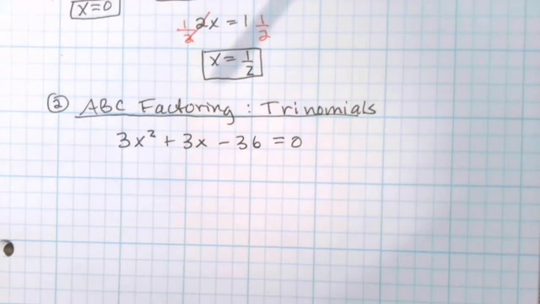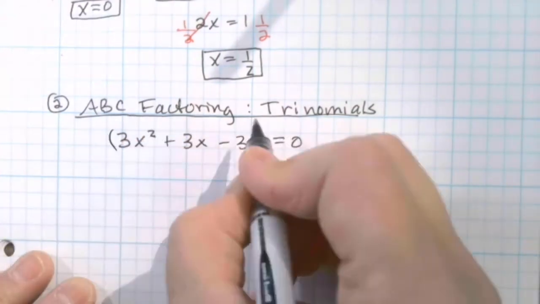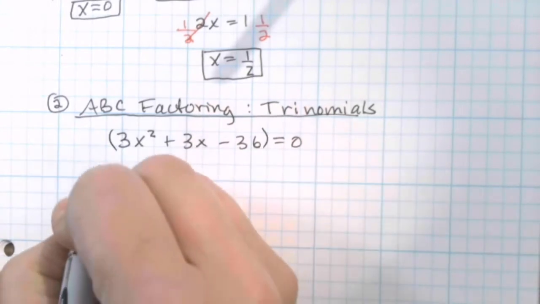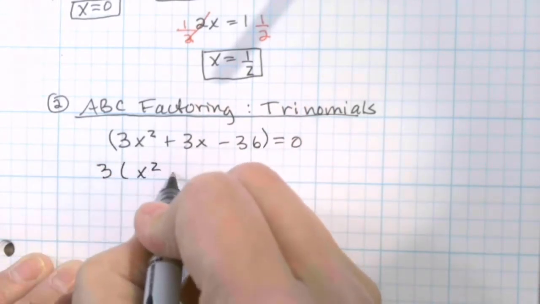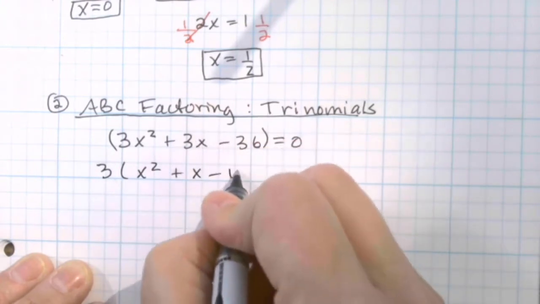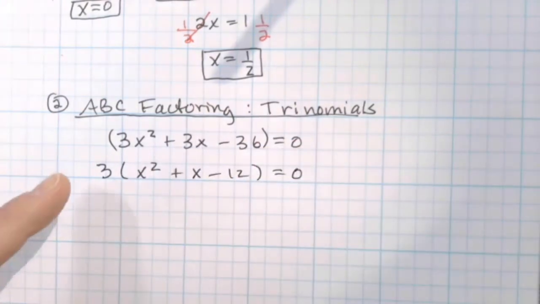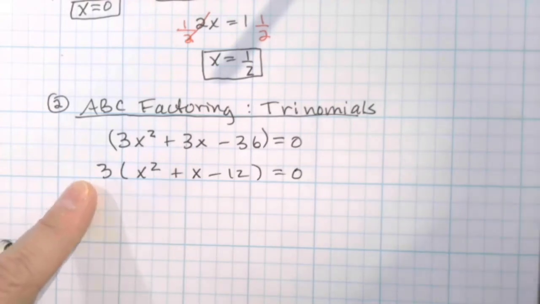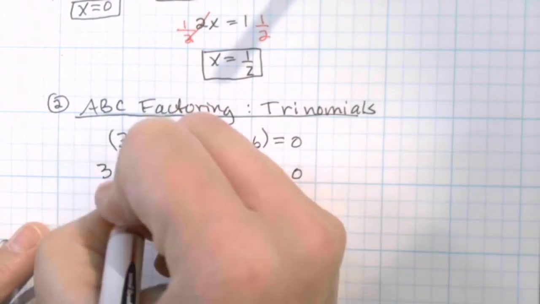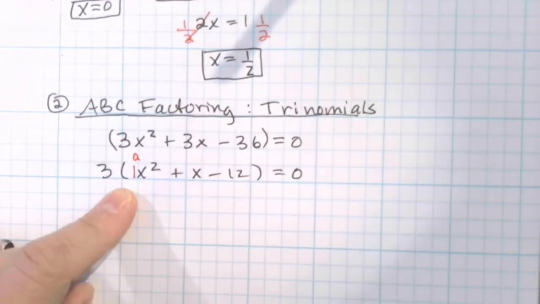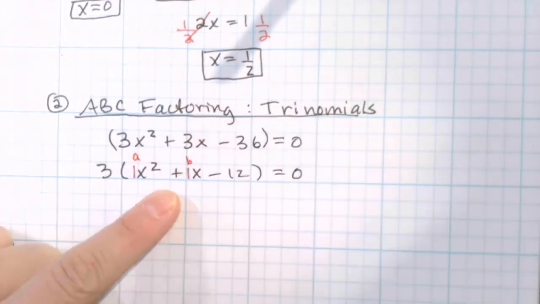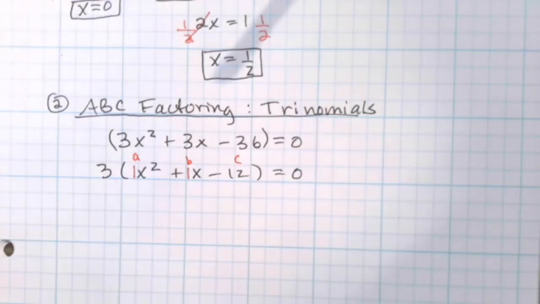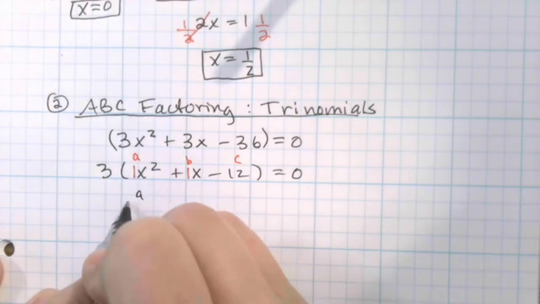So the first thing you always do is divide out what you can. Well, I can take a 3 out of all of these. That leaves me with x squared plus x minus 12 equals 0. So that 3 stays a scalar on our final answer, so we're going to ignore it for a little while here. For ABC factoring, A is the coefficient on the first term, B is the coefficient on the second, C is the third term. So if you remember how to do factoring with ABC, you list factors of A,